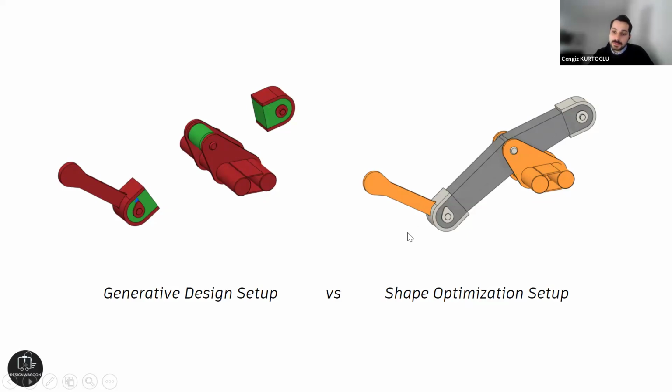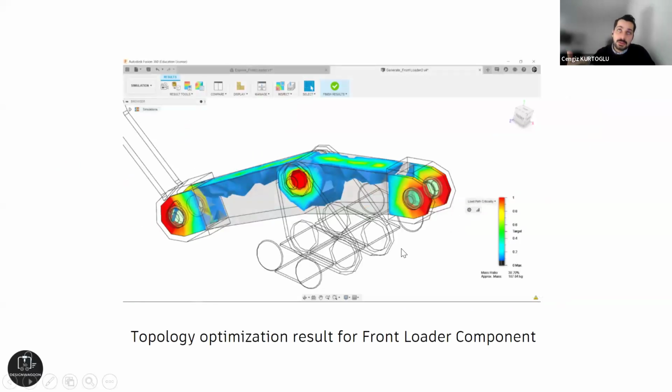But with a shape optimization setup, you have to create your whole part. After that, we try to lightweight the part, but generative design creates new parts and doesn't need a first 3D mesh. Well, as a result of topology optimization for the front loader component, as you can see, for the three